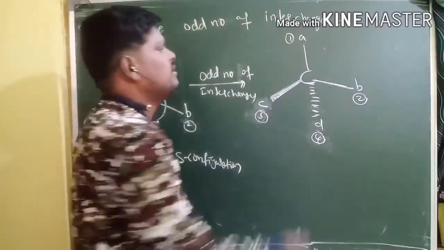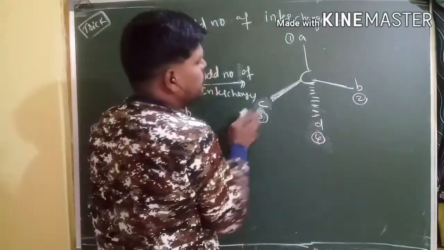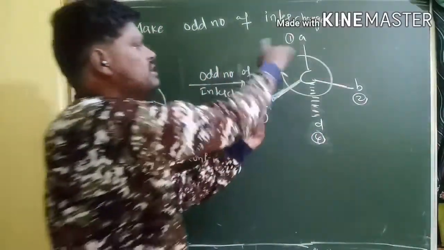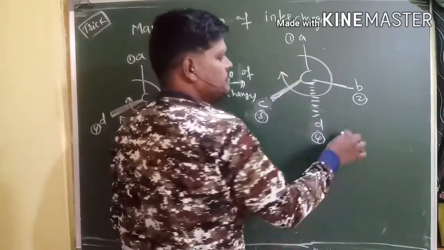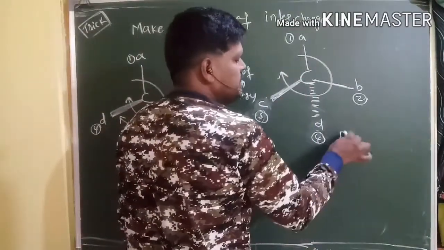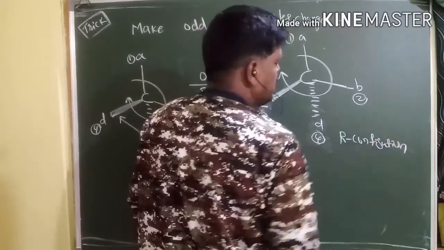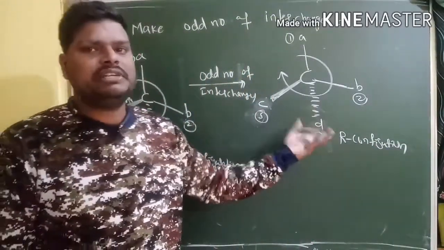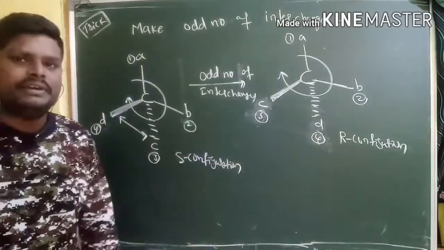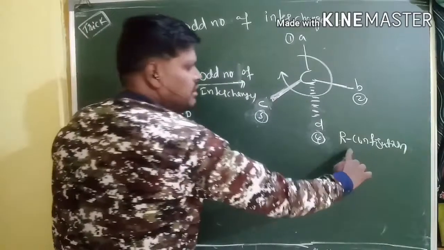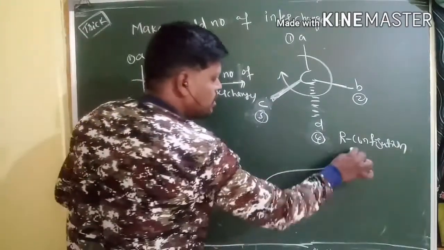Now what are the directions? 1 to 2 and 2 to 3 only. That's why this is the direction for this one. Right? So it's clockwise direction. What is the expected configuration here? Because it is clockwise direction, and here the least priority is already on the unbroken wedge, that's why don't change the given molecule structure here. Right? And here what is the configuration? S configuration. Here R configuration. So these two are called